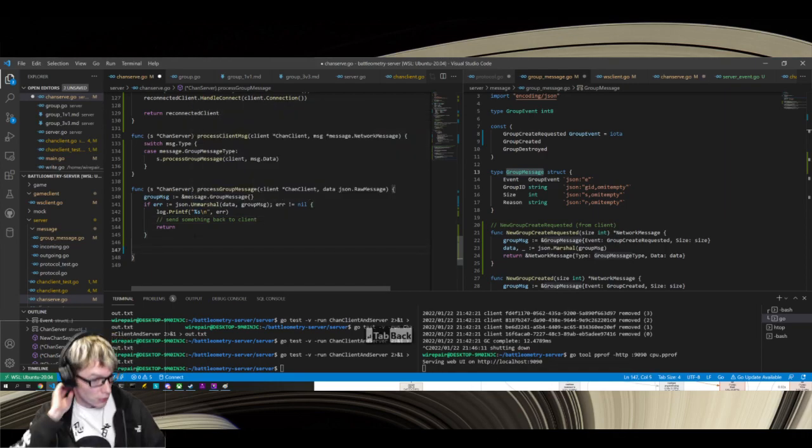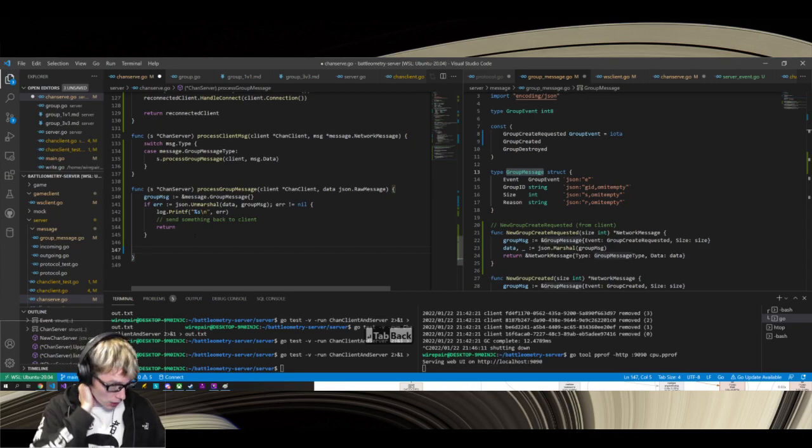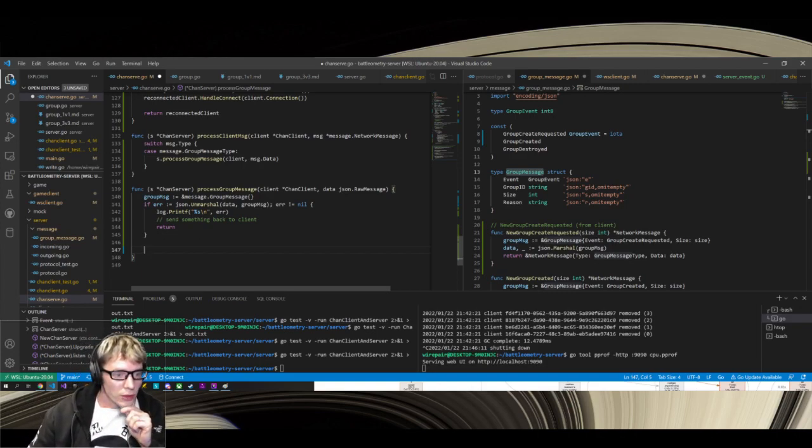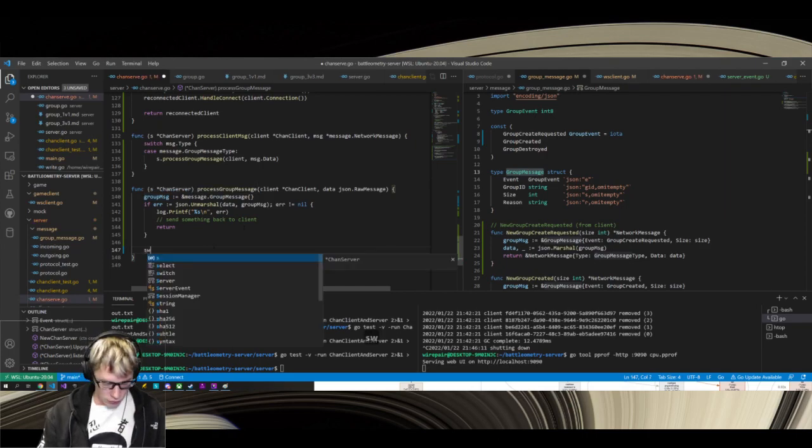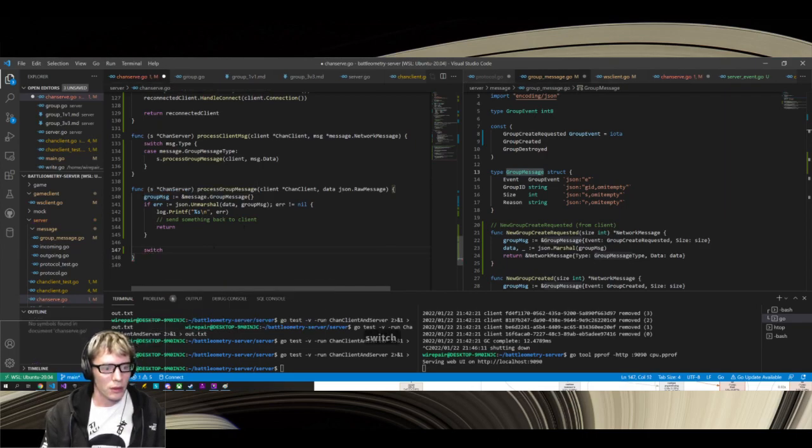Cool. So we have our group message. And again, this is coming from the client, so we can't trust any of this data, like at all. Gotta be super careful with this stuff. So we get a group message. We now have to switch on the type. Group message type, event,